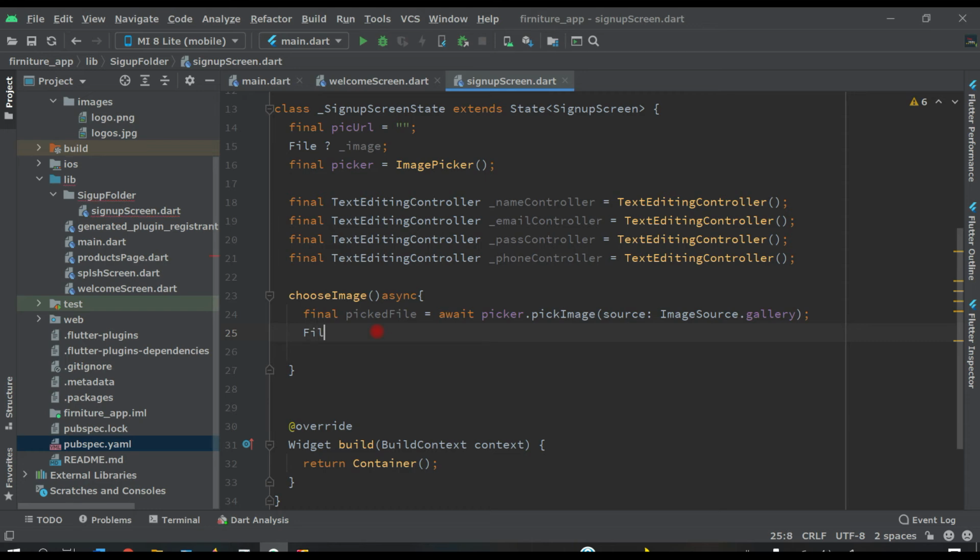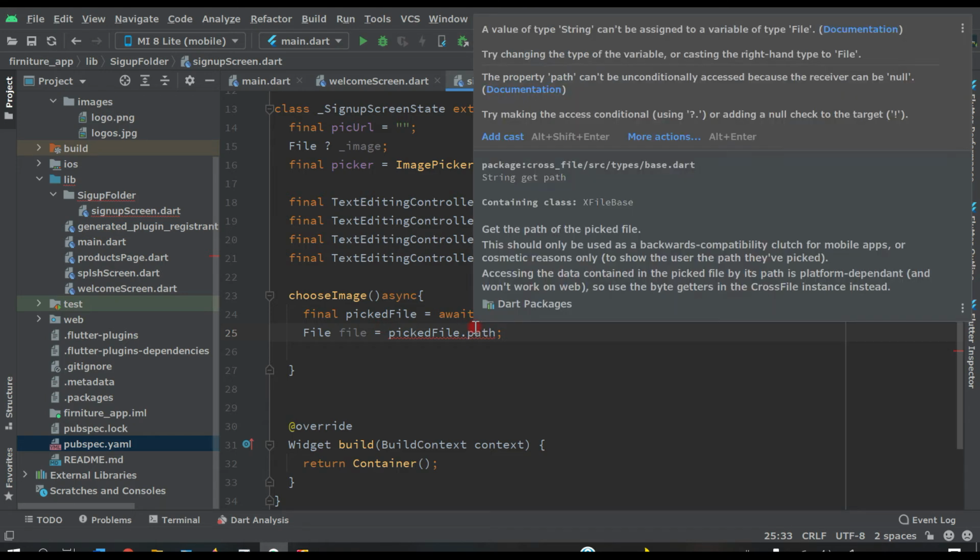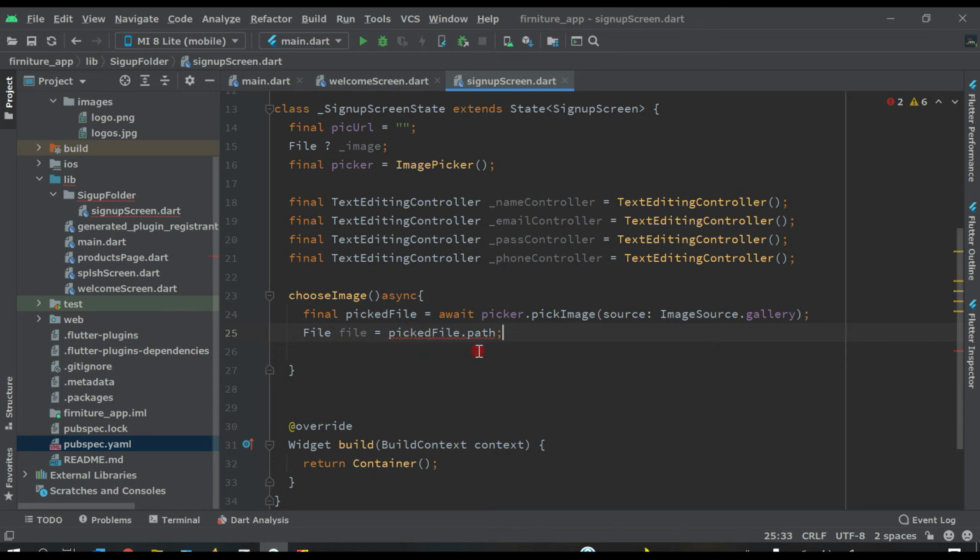Then file is equal to pickedFile.path, and it's showing some error here. Let's see what the error is.